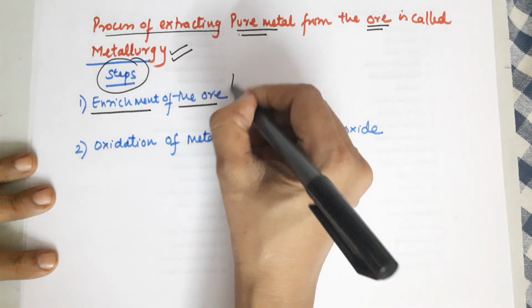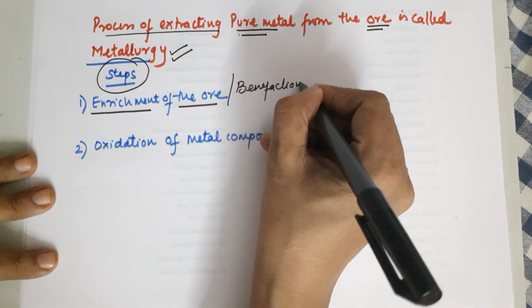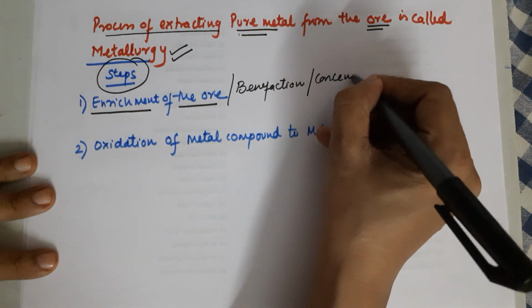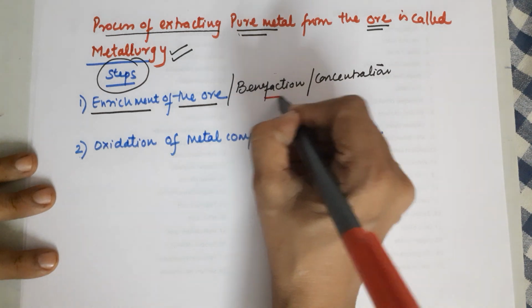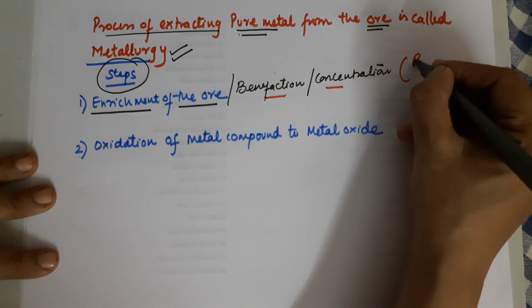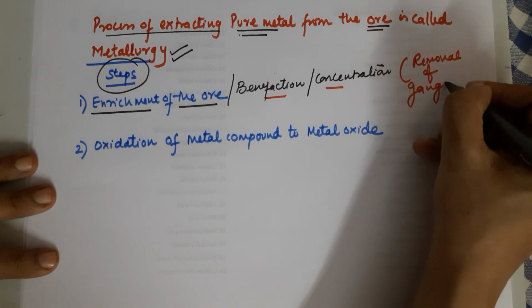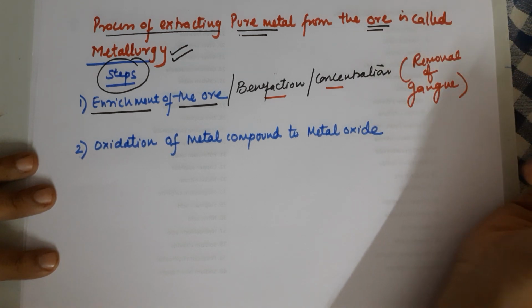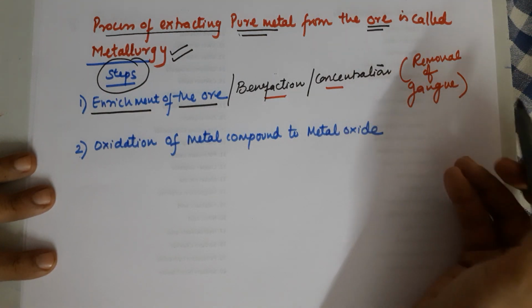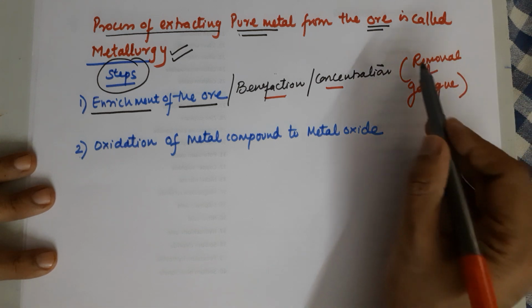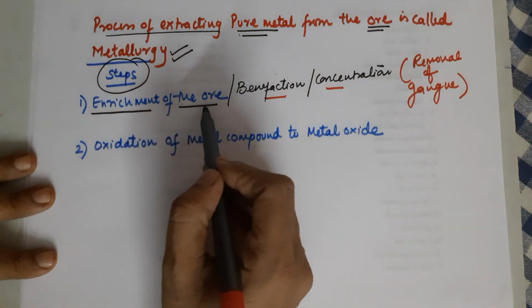You will find in other books, instead of enrichment, it's written benefaction, or it is also written concentration of the ore. Now what do we mean by these words? It is nothing but removal of gangue. And what is gangue? The earthy impurities. So if you are able to remove gangue from the ore, what are you left with? You are left with the metal or the metal compound. So the processes that you use for the removal of gangue come under the category of enrichment of the ore